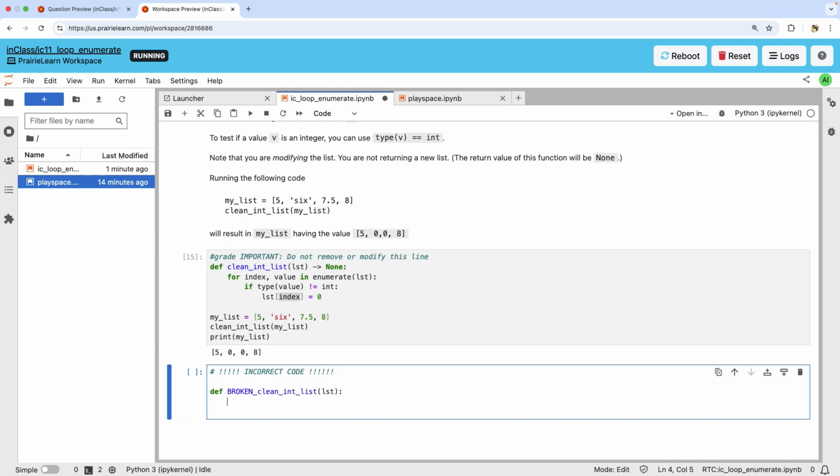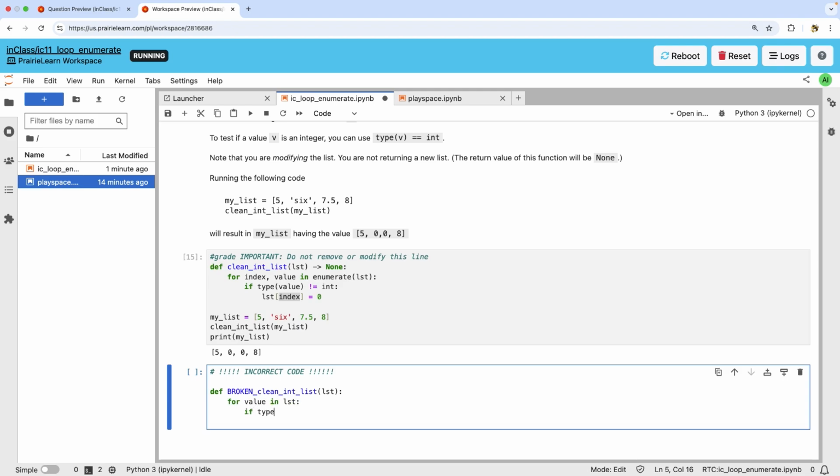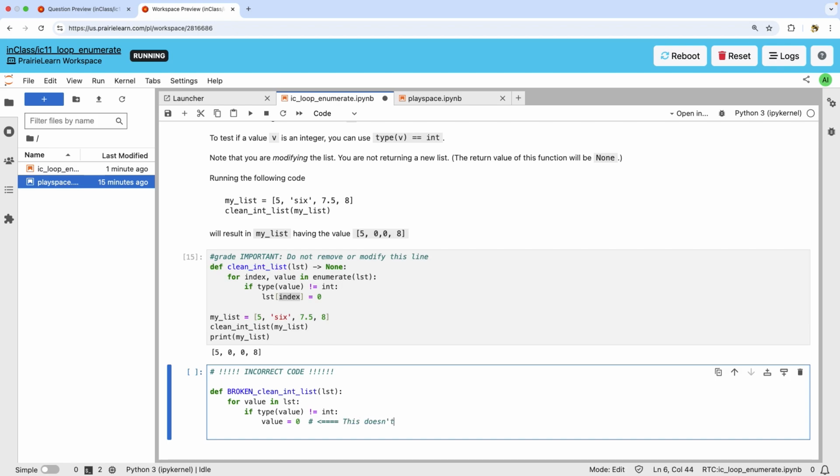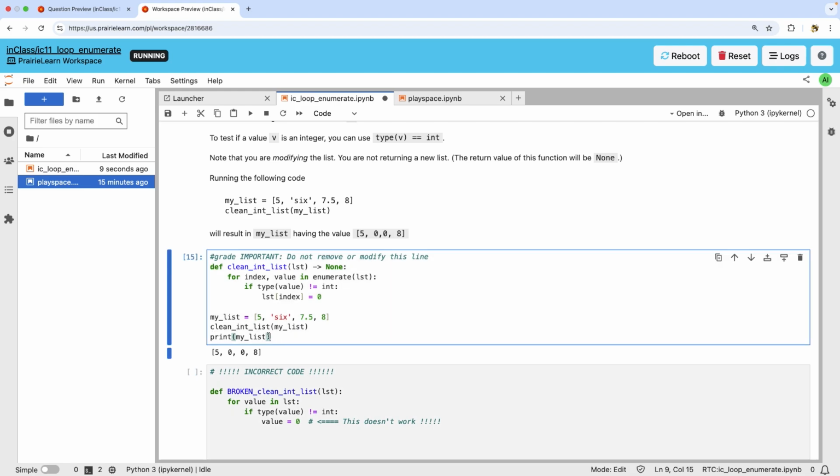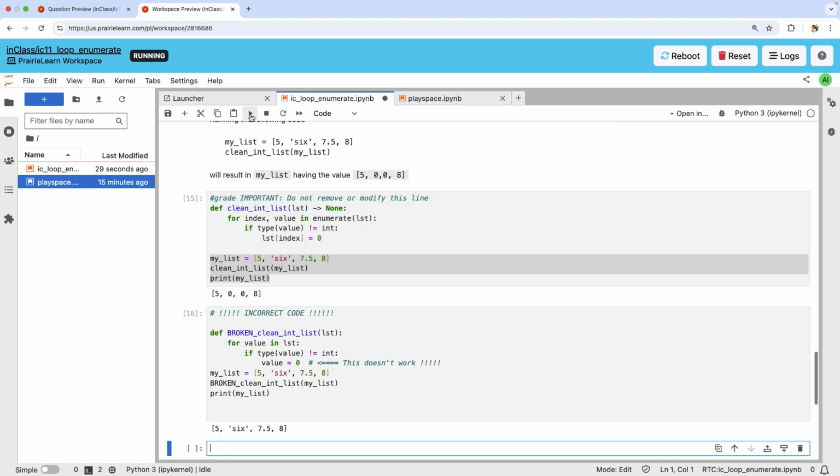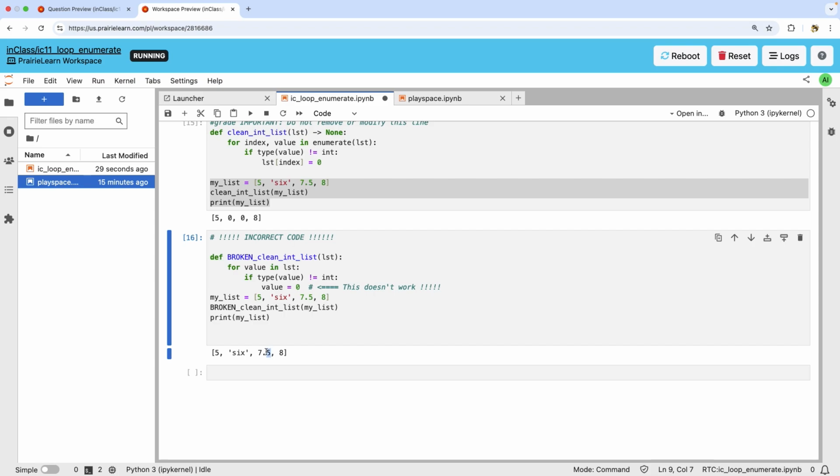So you might be tempted to do this. You might be tempted to say, for value in list, if the type of the value is not an int, just set value equal to 0. But this doesn't work. The reason it doesn't work is not something I can explain on the video very well. It has to do with how Python uses something called references. So we will come back to that in the classroom where I have a whiteboard. But I want you to watch and see that if I write the code this way, it doesn't actually change the list. This does not result